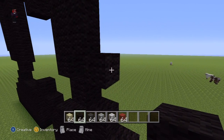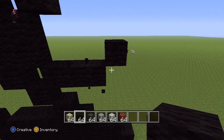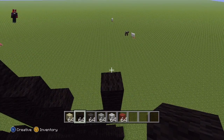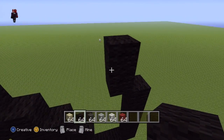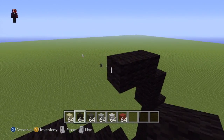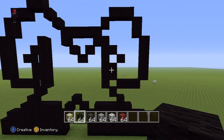You're then going to want to go right of that diagonal by 2, 1, 2. You're then going to want to do an upright diagonal, place 4 on top, 1, 2, 3, 4. You're then going to want to do an up left diagonal, place 1 on top, up left diagonal, left by 2, 1, 2, and then finally you're going to want to do a bottom left diagonal. So everything connects together,